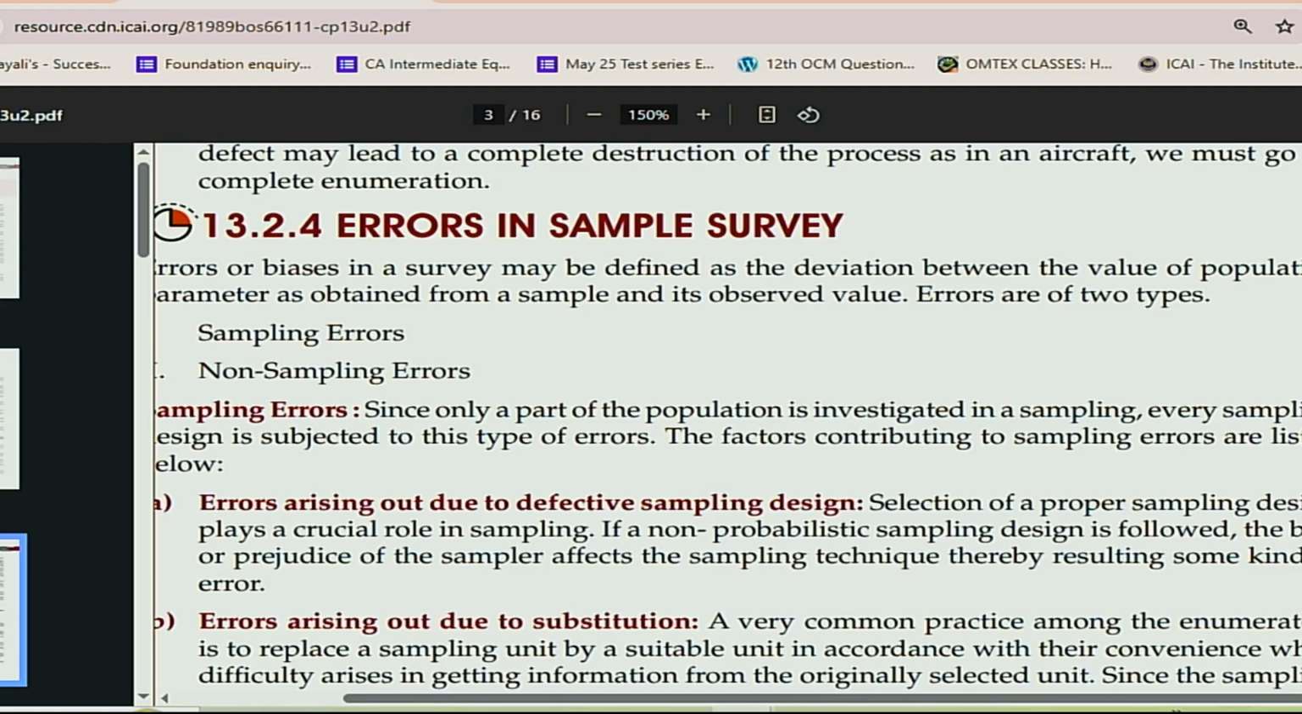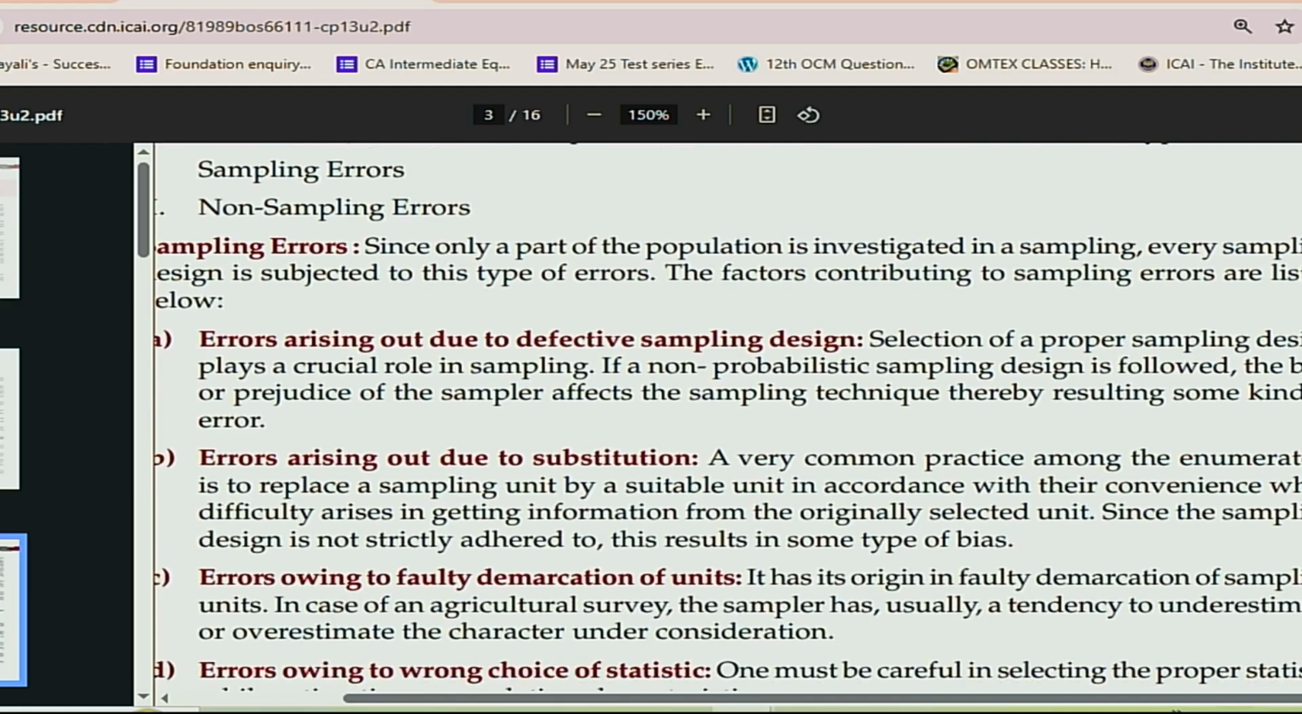Sampling errors, the first error arising due to defective sampling design. So selection of proper sampling design is very important. If a non-probabilistic sampling design is followed, the prejudice affects the sampling technique. So let me give you an example for this. Suppose